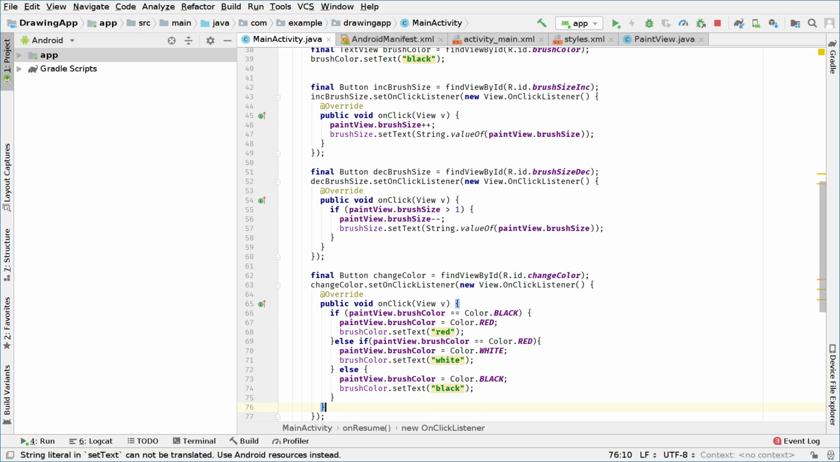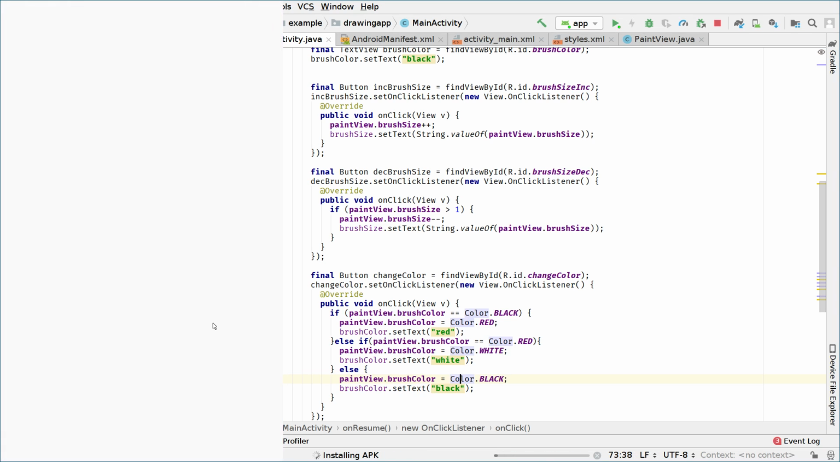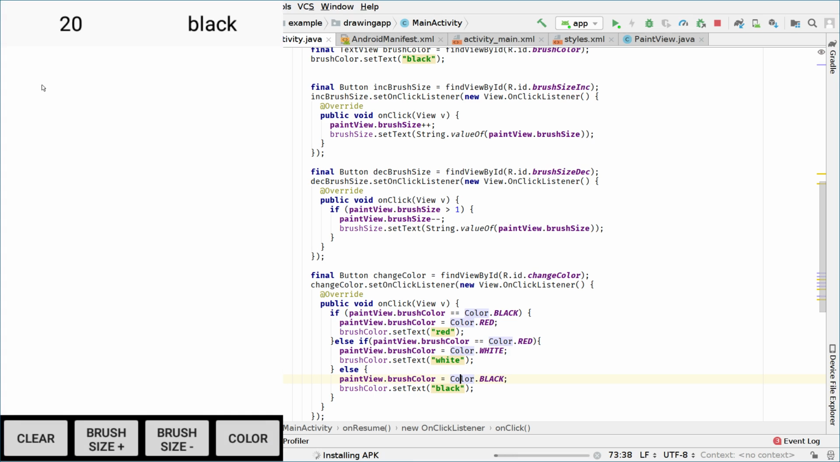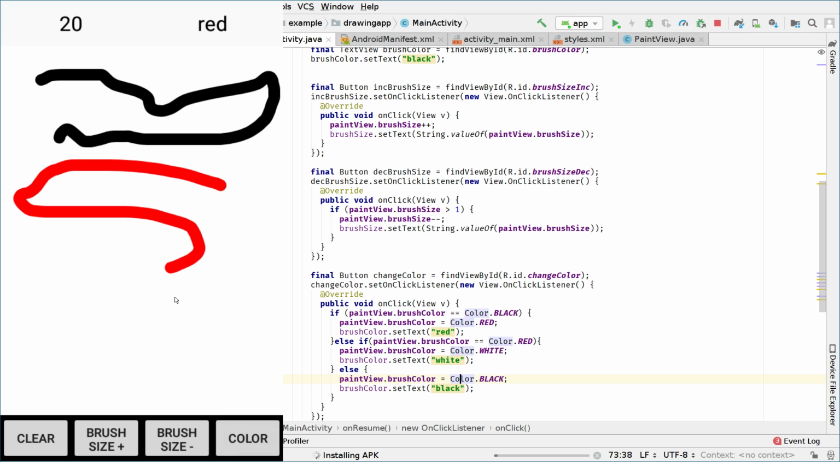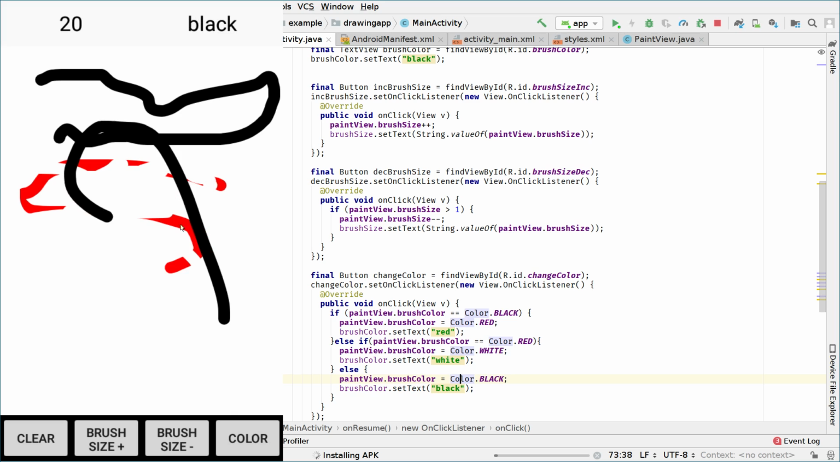And now we will run the app to check if it works or not. Kind of implemented an eraser right here, right? Because an eraser is useful. So we have black. If we change the color, we have red. If we change the color, we have white. And with white, we can kind of delete because the background is white, right? And after white, we have black again. And then we have red, and then we have white. So if we want to delete a lot of stuff,